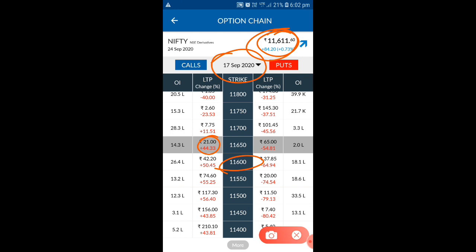This also has to go to 0, because whichever is above this level has to go to 0. From here it has to go to 0, and again from here also it has to go to 0, because now it is 11 rupees, and if the market is flat, that will go to 0. So this is the premium reduction. Always be aware, whether it is an expiry or any other day, if Nifty is flat, automatically they will reduce the premium, because that is the rule of expiry trading.